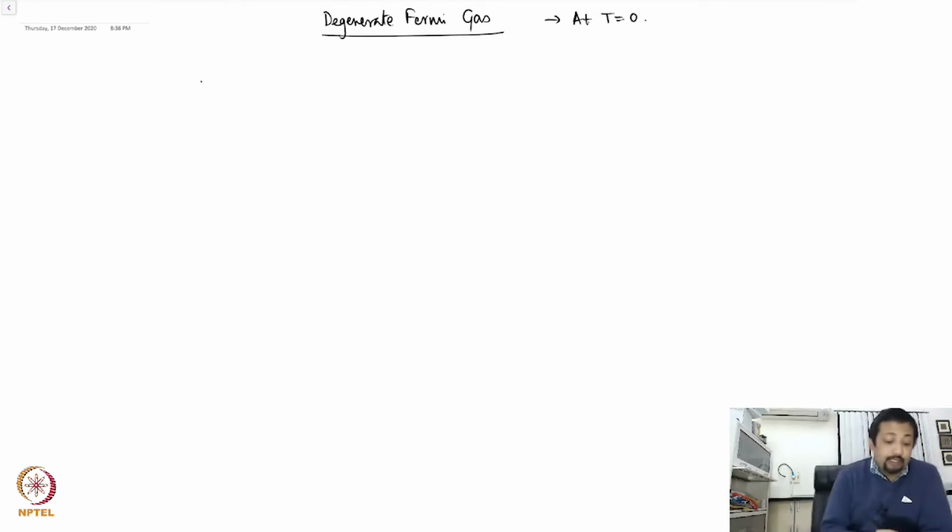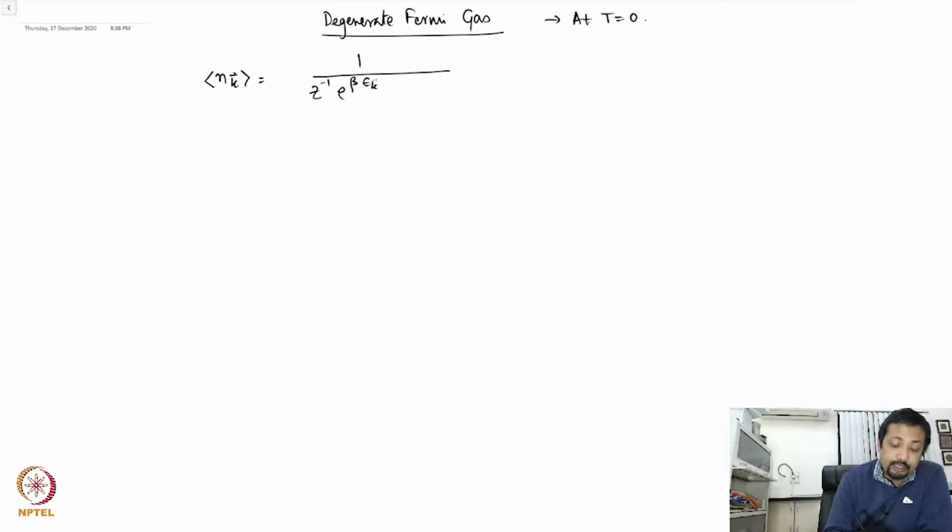So we now specifically look at the degenerate Fermi gas, and that is an ideal Fermi gas at the temperature T equal to 0. Now the average occupation number n_k is given by 1 over z inverse e to the power beta epsilon_k minus 1, right? The average occupation number is given by n_k equal to 1 over e to the power beta (epsilon_k